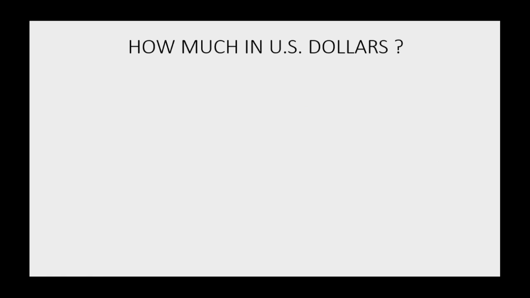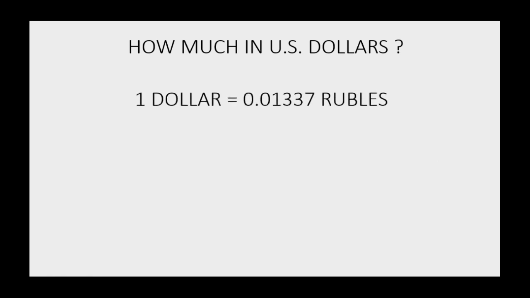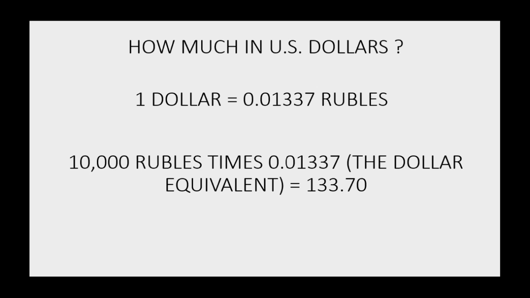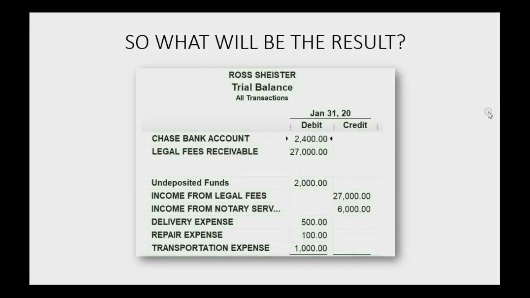So how much will that be in US dollars? Well, we just downloaded the exchange rates and we saw that on the list $1 equals 0.01337 rubles. 10,000 rubles times 0.01337 means the dollar equivalent of the service that we are billing him for is $133.70. So what will be the result? Well, we just earned $133.70 more worth of income from legal fees. So income from legal fees will increase to